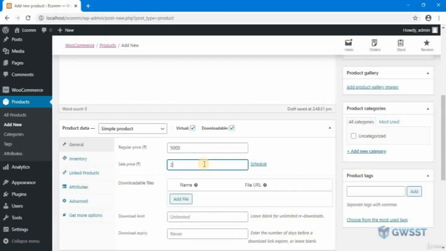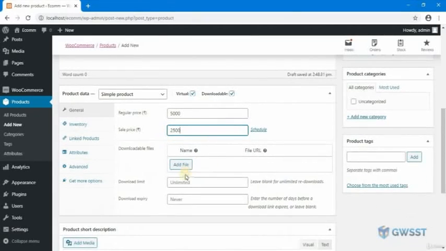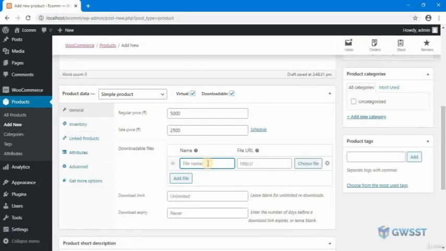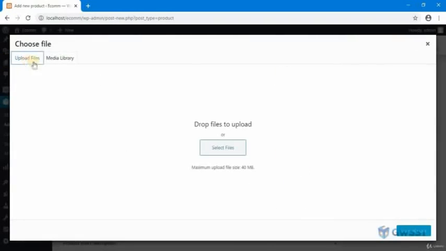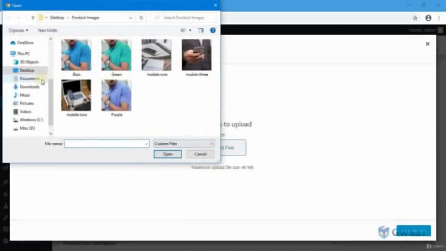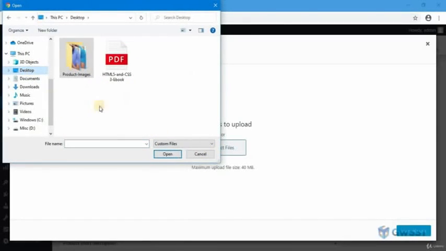Now I can add the file. So I can add file, and from here I can set the name of the file. So HTML5 and CSS3 ebook. I can choose the file. Let's go to upload files, and in the desktop I have my PDF file. Now select this one, click on open,